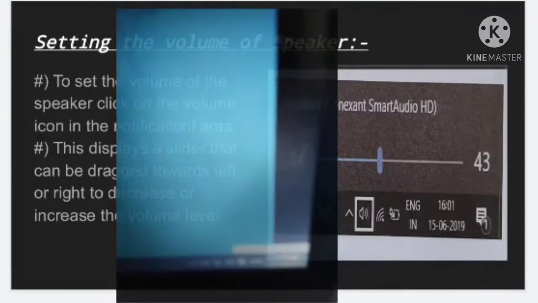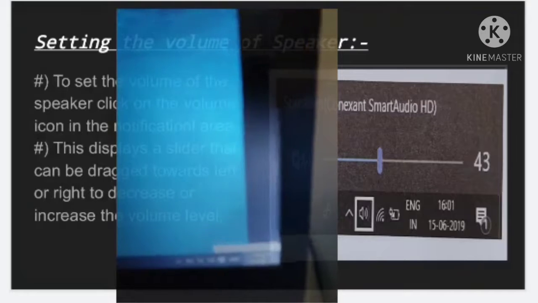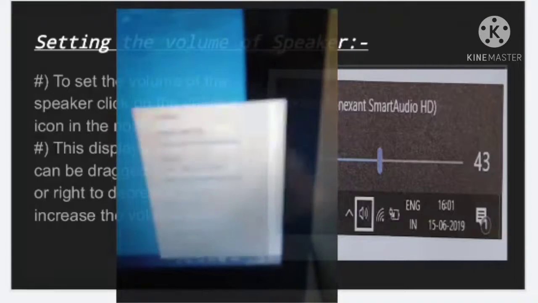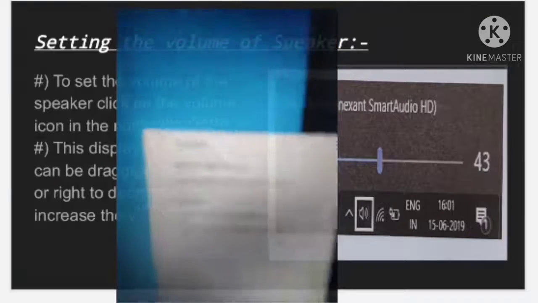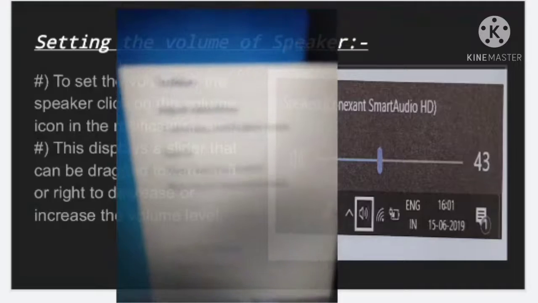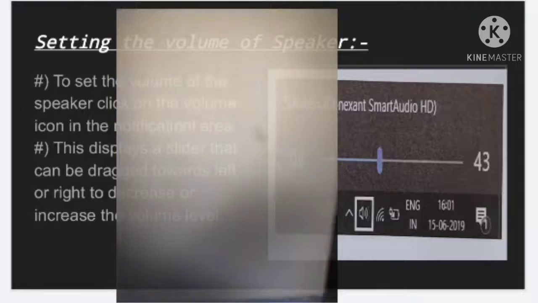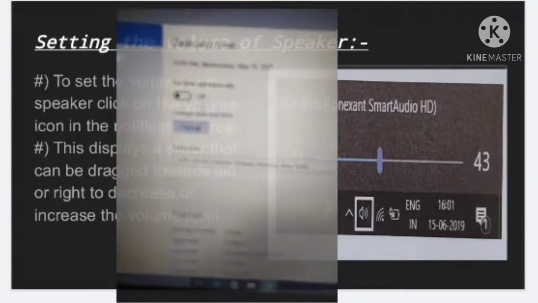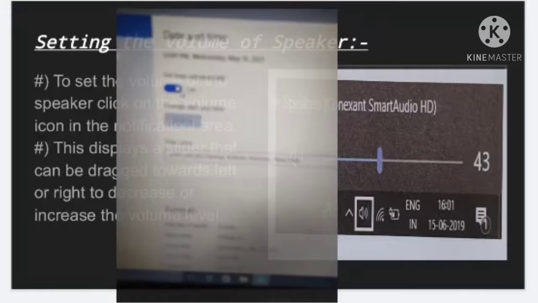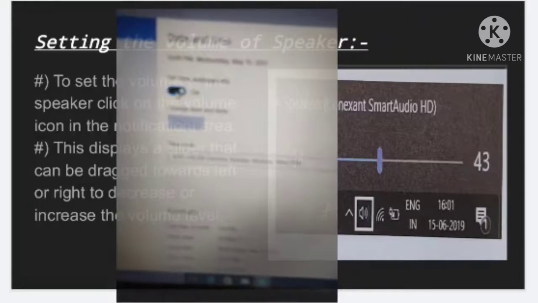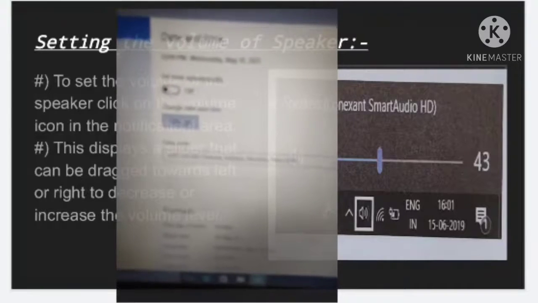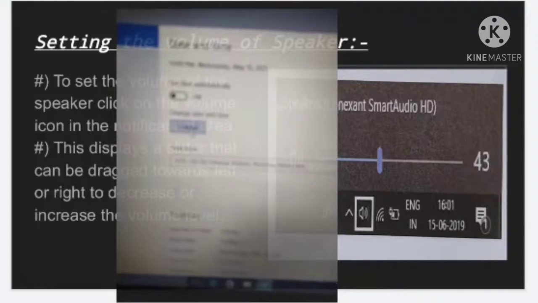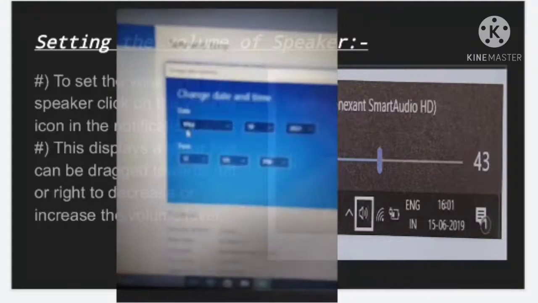It's not clear, but here date and time are available. Okay, I right click. See, there are so many options available. The second option, adjust date and time. Click on that. Here it's automatically off. When I turn it on, it changes. So it's in off position. Here option change. Now the third step, click on change.